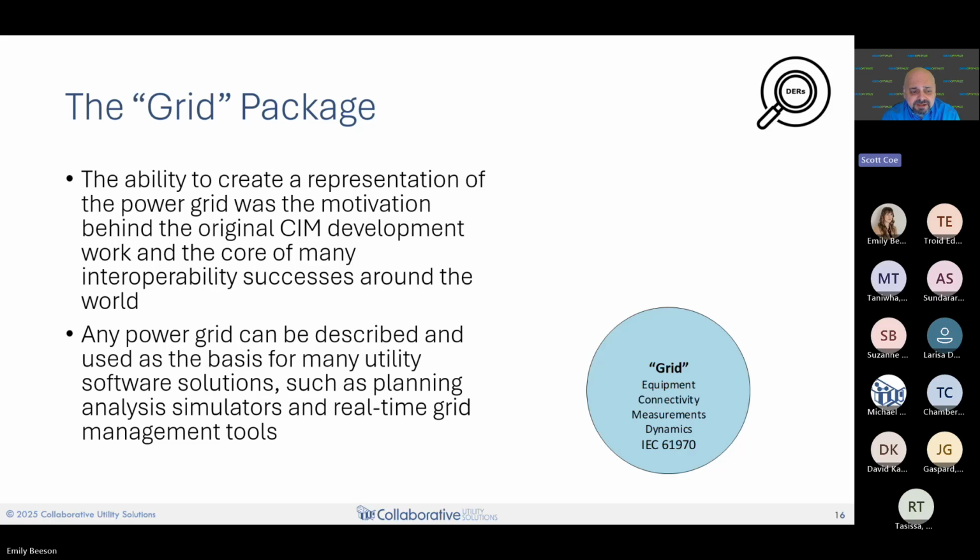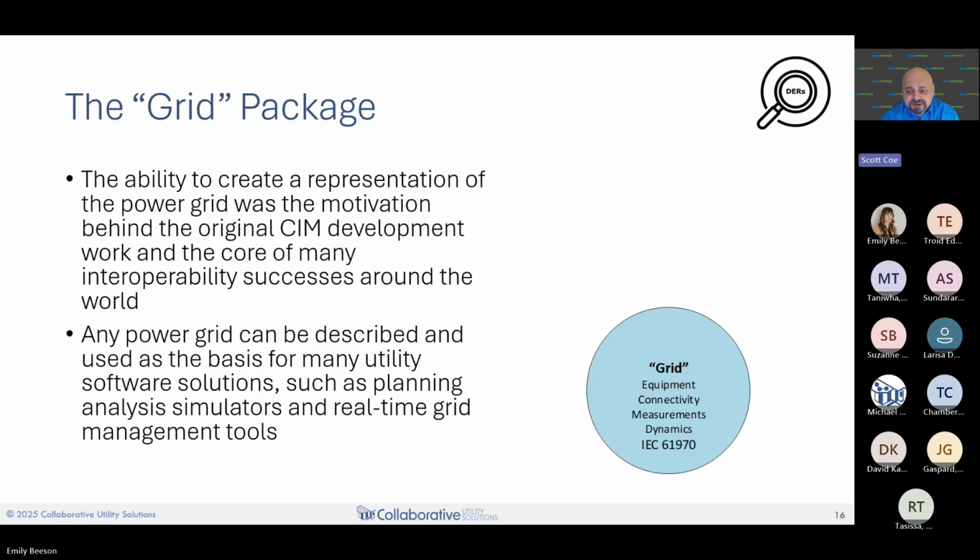You can describe every feeder, you can describe all the equipment inside of a substation, and more importantly, you can take that representation and feed it into a number of different software tools that can do analysis. So it's a software platform independent way of explaining my grid, and you can then use it to do analysis in different tools.